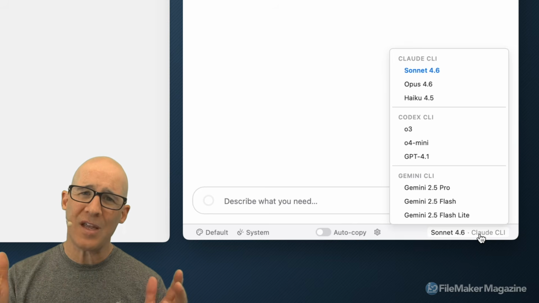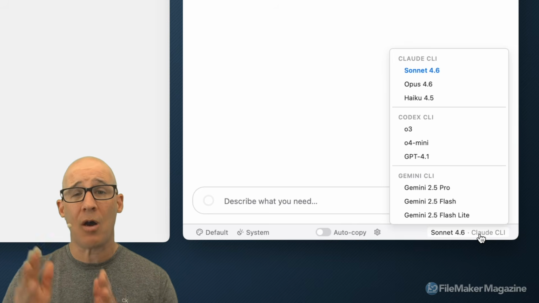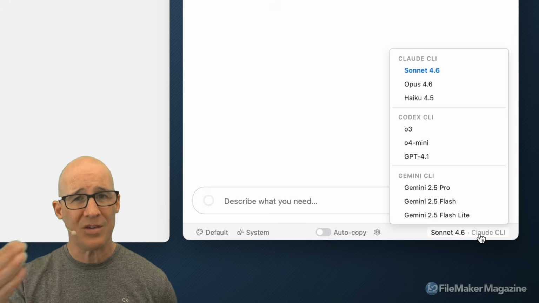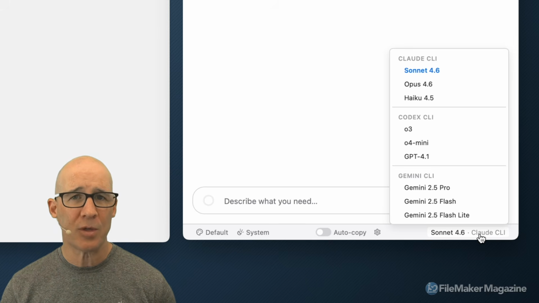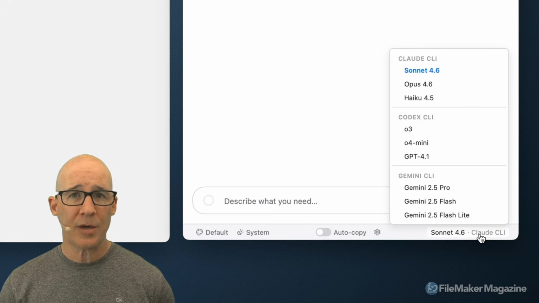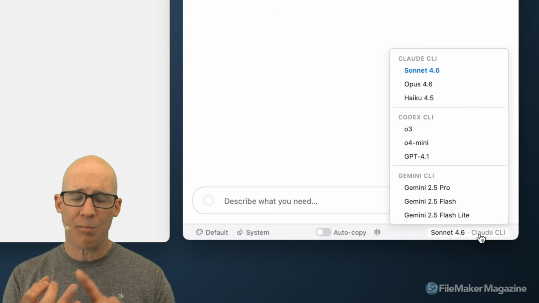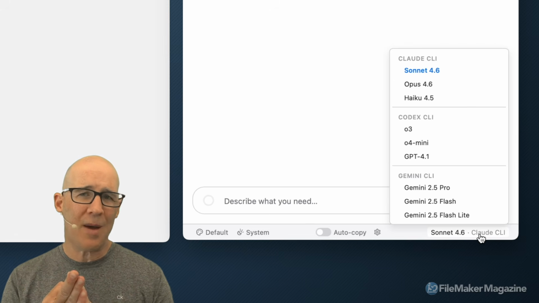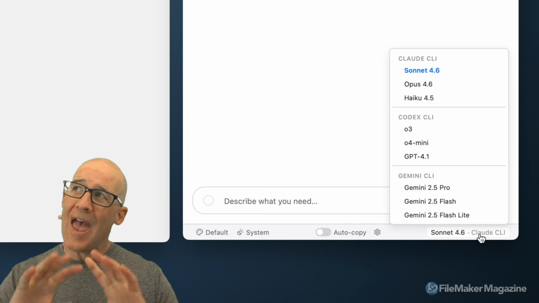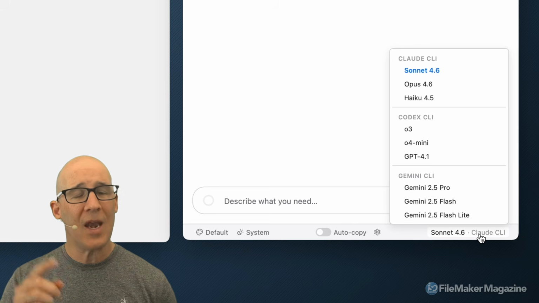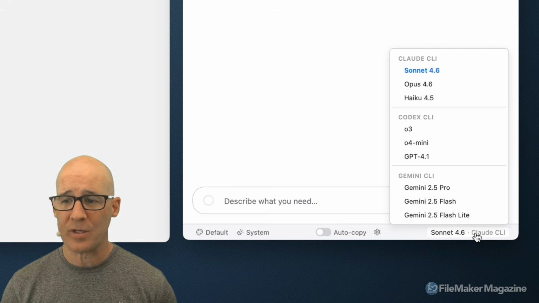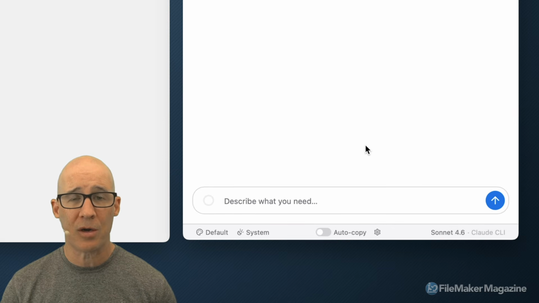Now, you have to have a machine that has enough memory, or a machine on your network that allows you to interact with the model. But trust me, it is absolutely possible to use a local model to have scripts created, to modify layouts, to update and work with schema. Anything you can think of related to your FileMaker development, an agent is more than likely able to do. So I can switch between Opus, Haiku, Codex models, Gemini, etc. Currently, I'm using